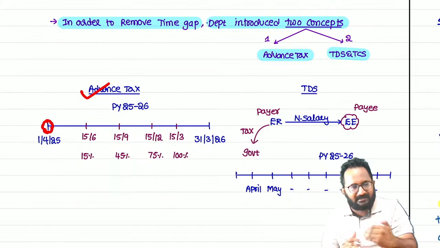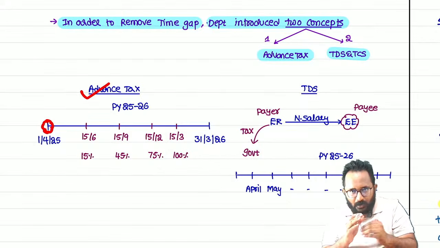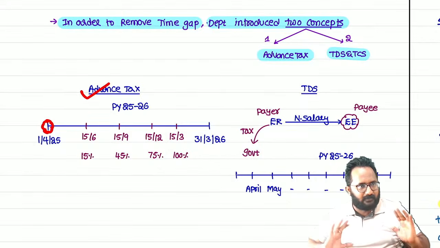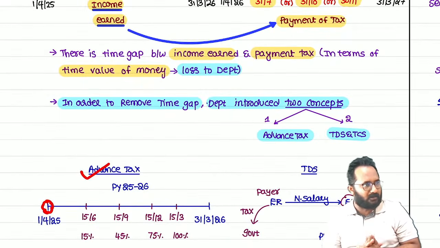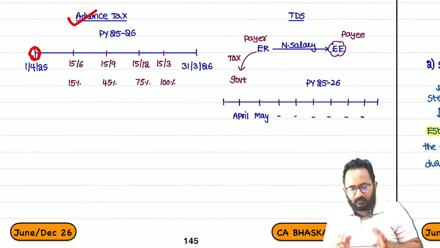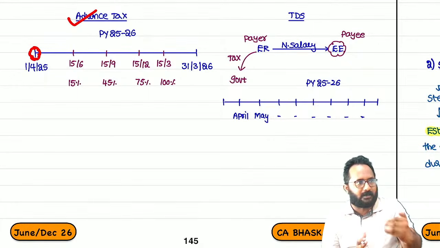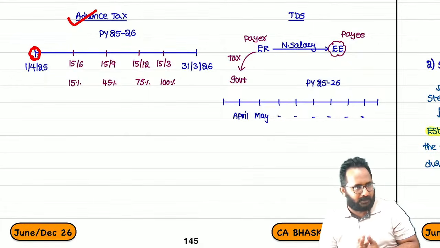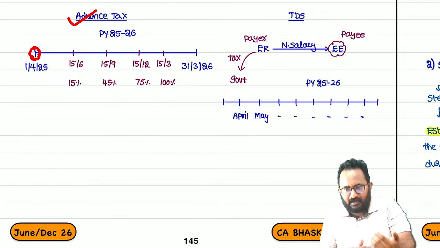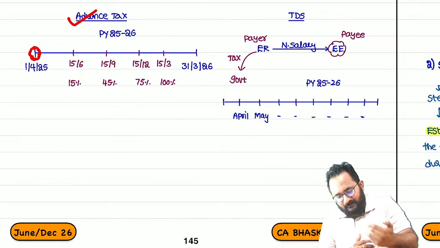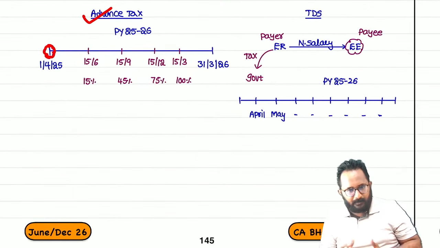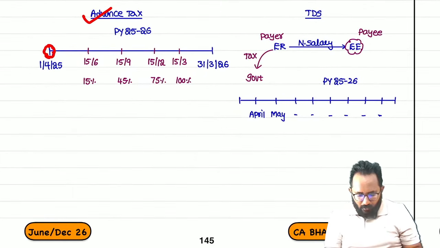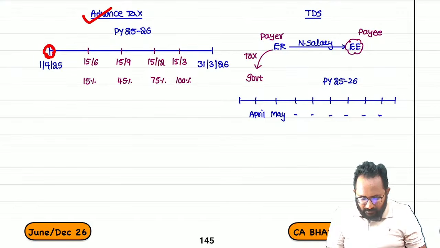That means you are earning the income in the previous year and you are paying tax also in the previous year. Now, is the department recovering this loss or not? Yes. Simply, the advanced tax concept is a favorable concept to whom? The department. If you are earning the income during the previous year, please pay the tax also during which year? Previous year.